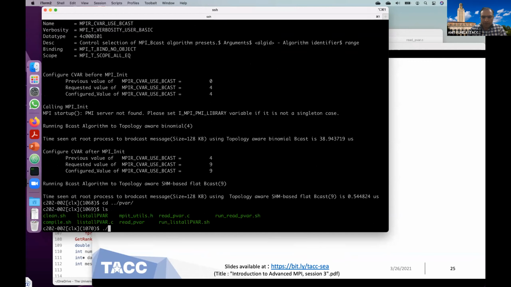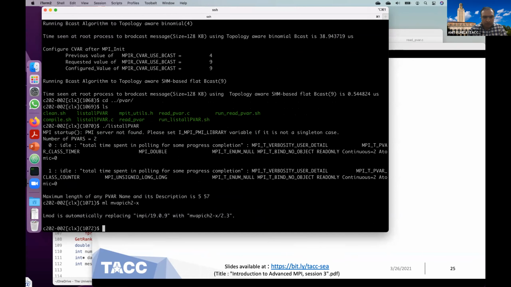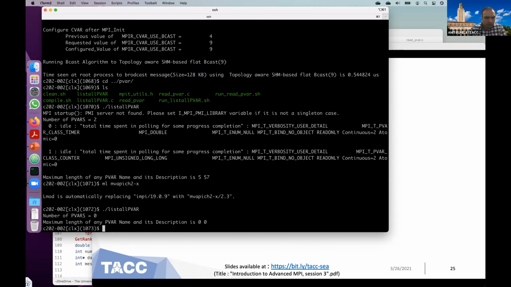First of all, we would like to know what PVARs are supported by the implementation. Intel MPI just defines 2 PVARs. Then if we take a look at MVAPICH2, okay, the number of PVARs equals 0. I think there is some issue. Why did I see the number of PVARs equal to 0?